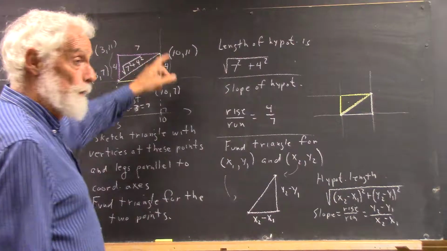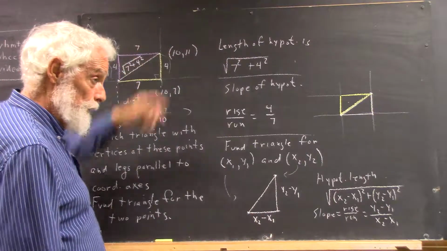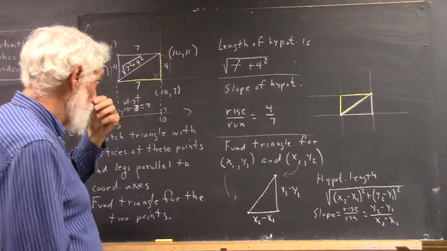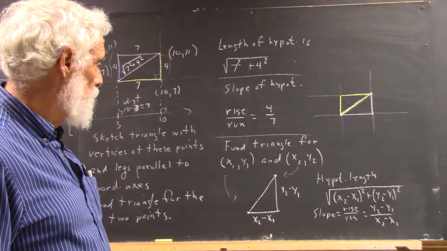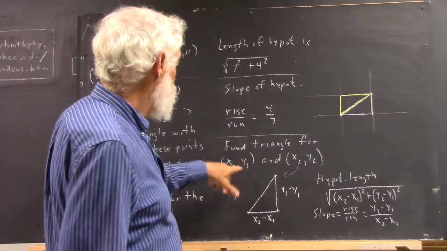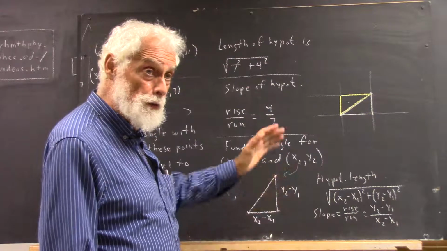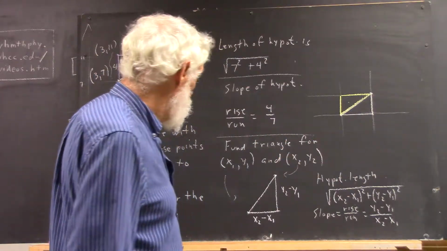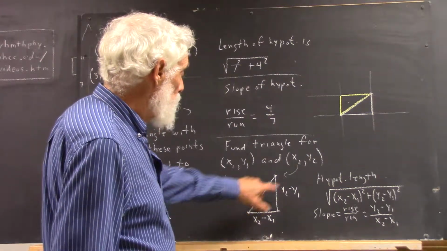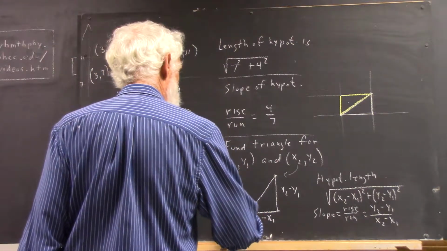So it doesn't matter which point you start at and which point you end at, but you do have to take care of the signs, positive and negative. You go in the positive direction along this leg or the negative, same along this leg. We'll see more of that, and you'll see that in the worksheet. Okay. Then we ask about, well, the fundamental triangle for x1, y1, and x2, y2. Now, we don't know what x1 or y1 is. We don't know what x2 or y2 is. But if this point represents x1, y1, and this point represents x2, y2, then wherever our axes are, they might